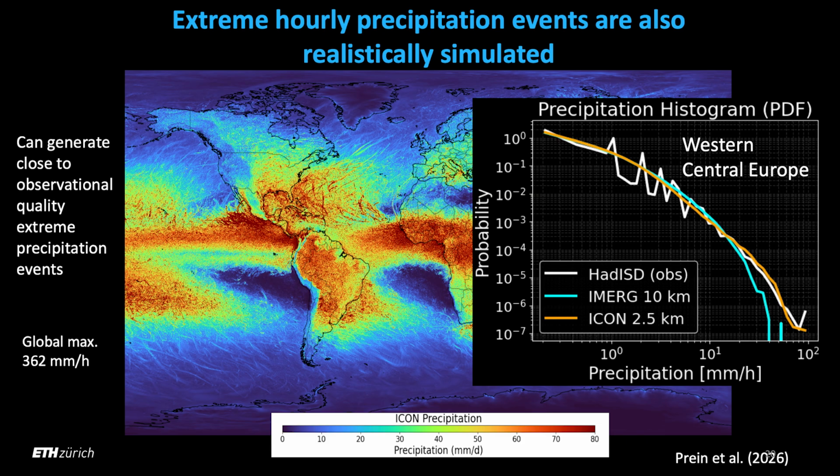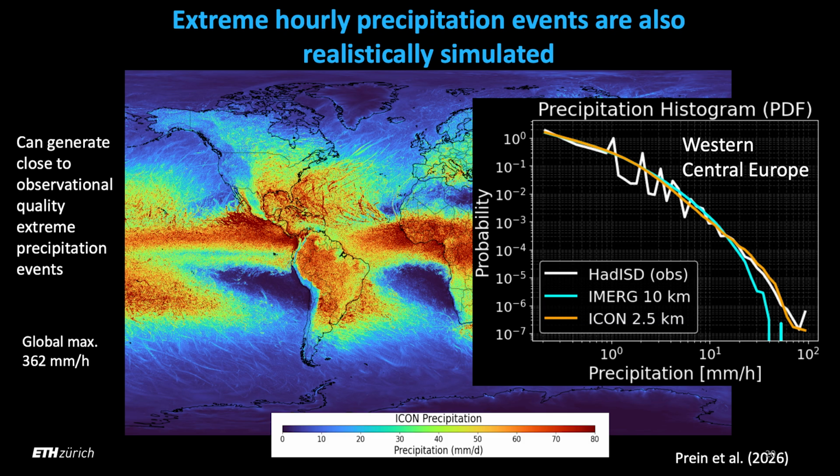What I'm showing you here is the maximum hourly rain rate at each grid cell in this 4-year-long period. You can nicely see the tracks of each hurricane that we simulate. So the hurricane tracks look very realistic in this simulation. You can also see extratropical cyclones, all the streaks in the mid-latitudes over the continents, especially the US, for instance, but also other continents, Africa. You can see these streaks of high rainfall. These are thunderstorms that move over the country and produce very heavy rainfall.